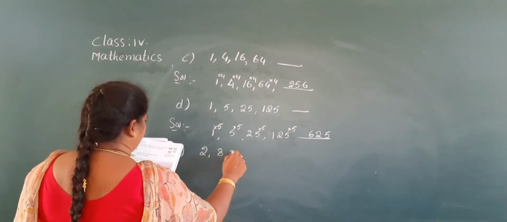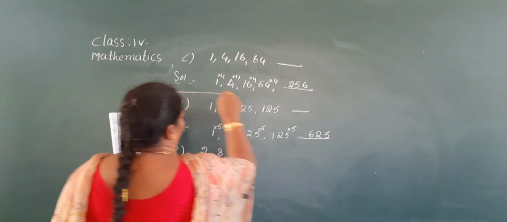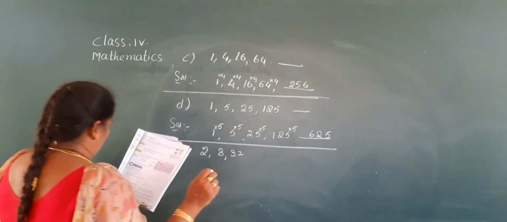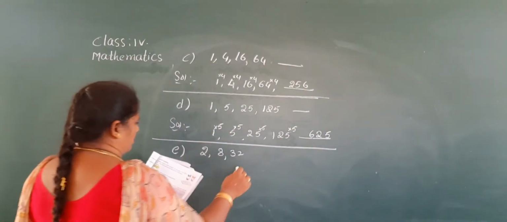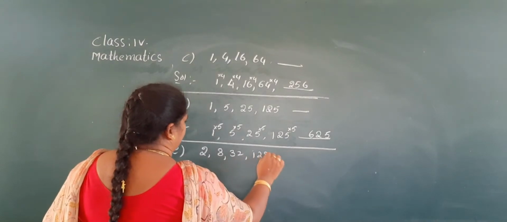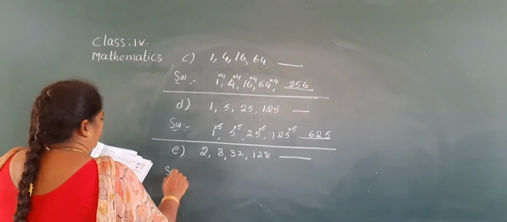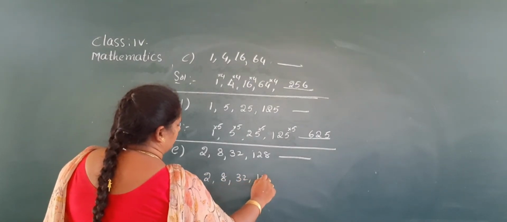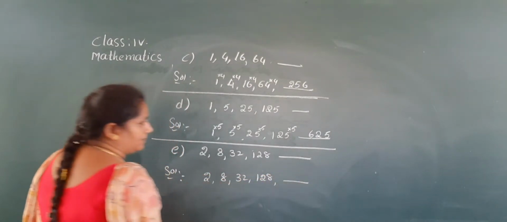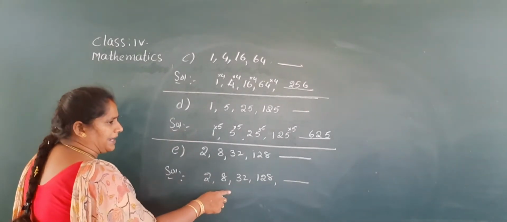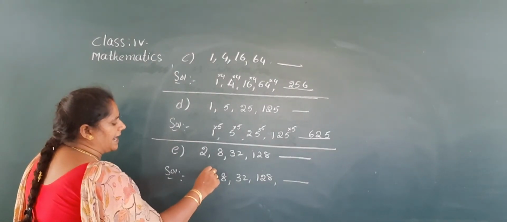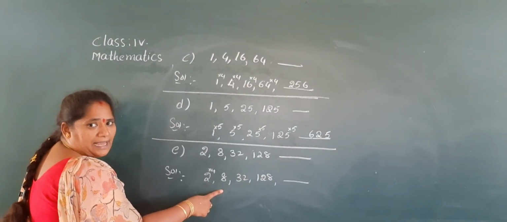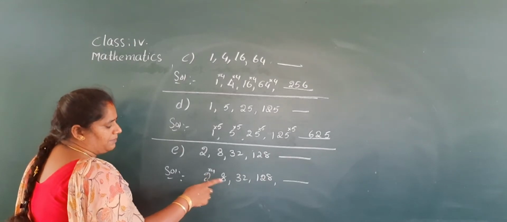And next, 2, 8, 32. So you have to draw the line, Nana. So need not draw the line. Already have lines, no, ma? Okay. Next, leave one box and write the next one. 128, dash. See here, Nana. First you write the numbers and observe. To which number you have to multiply to get the next number? Yes, 2, 8. That means 2 4s are 8. In 2 table you will get the 8 4 times. So you have to multiply each number by 4.